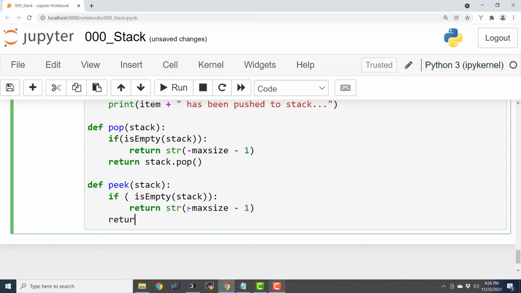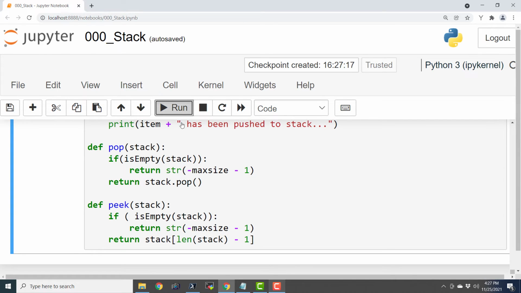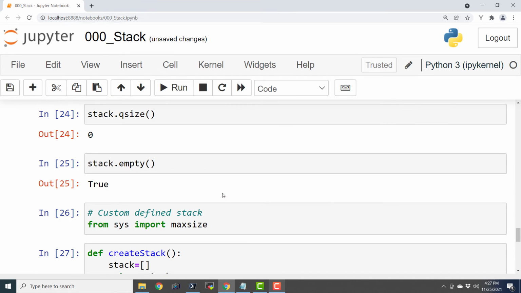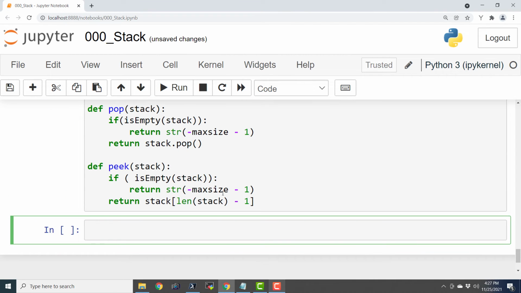Otherwise it is going to return stack, length of stack minus 1. So that peek function is used to check the top element of the stack. That's it. It is a very easy program. So I will just save this notebook and execute this cell, and let us see if there is any syntax error. So hopefully there is no syntax error.